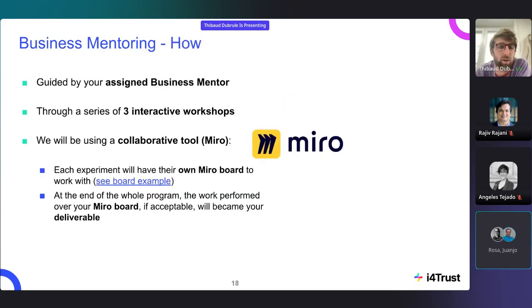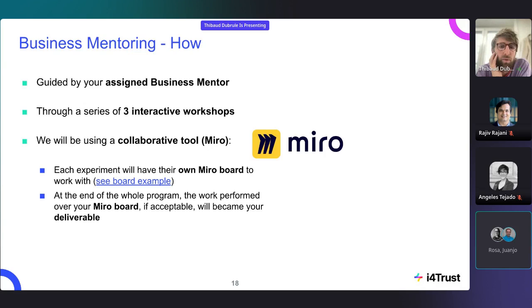So how it will work. Of course, now you know your mentor, you'll have this little presentation with them. You will go through three interactive workshops. I will share after those Miro boards just to give you a quick glimpse at it. Of course, there will be some videos to support this, where all the framework is explained and goes through each step of it. So to support you also to understand it, and when you have those sessions with the mentors, to have more practical work.